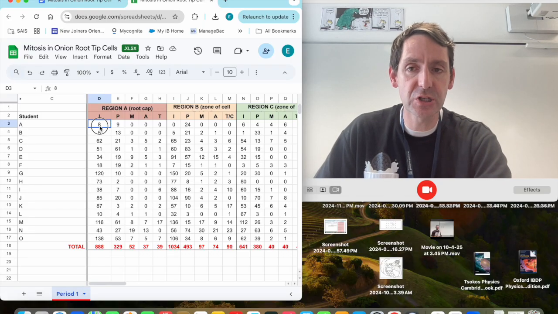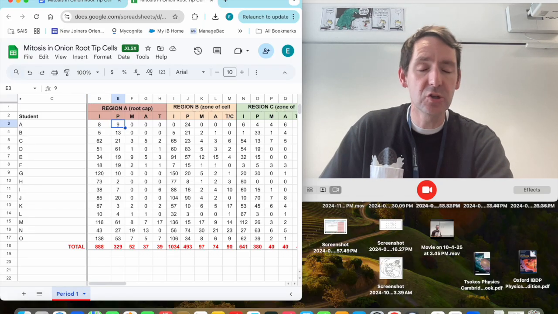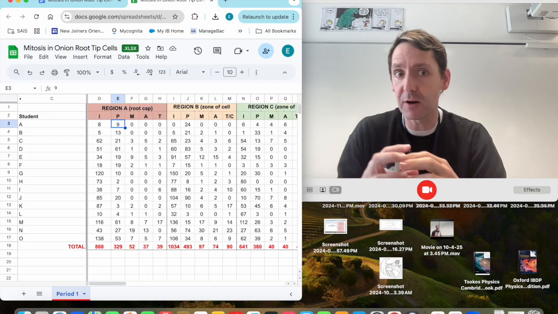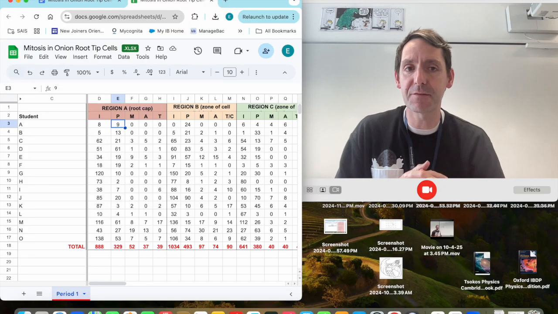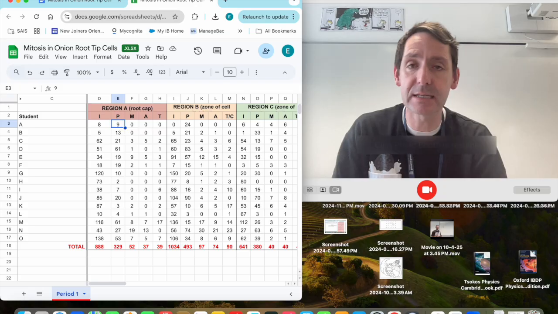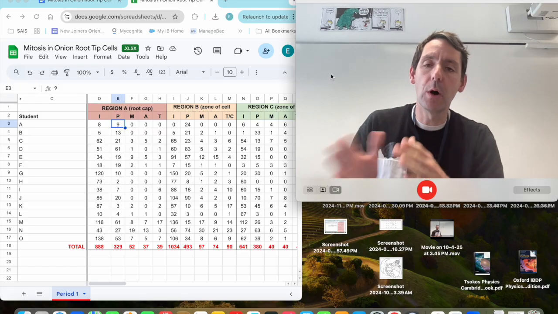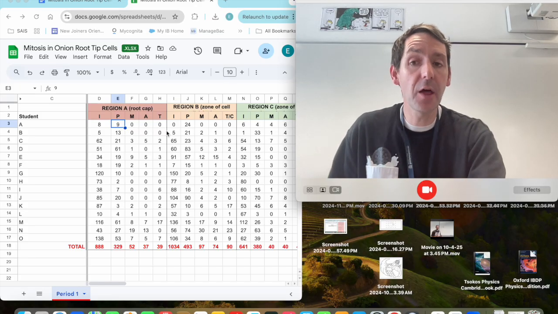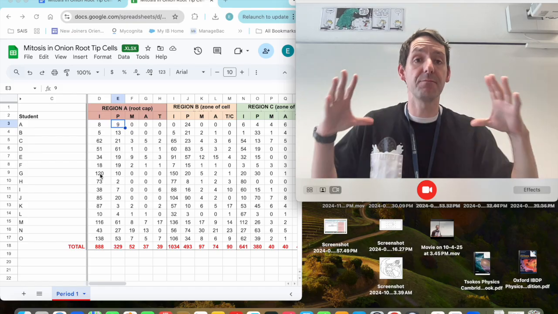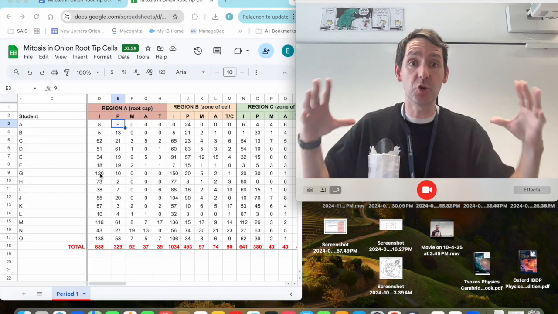Now you can tell there's not a lot of cells there, so they were probably zoomed in very, very far. They probably had a very high magnification, so they couldn't see very many cells at that time. But what we see is that there are other students who maybe had a much larger, kind of zoomed out